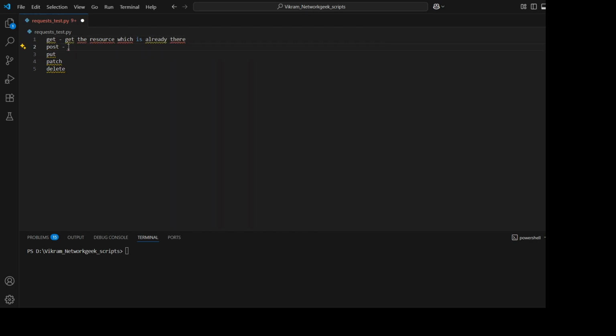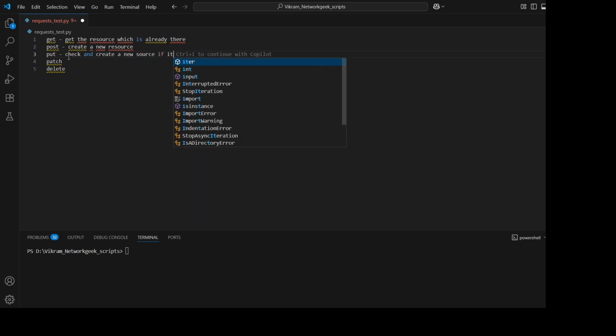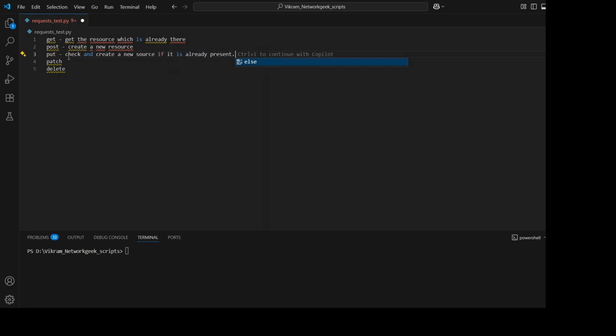When it comes to post, you are just creating a new resource. And put is also more or less the same, but it is kind of idempotent. First, it will check whether this resource is created or not, and if not, it will create a new resource. If it is already present, it will update the entire resource. When it comes to patch, it's kind of modifying only a few parameters, or say